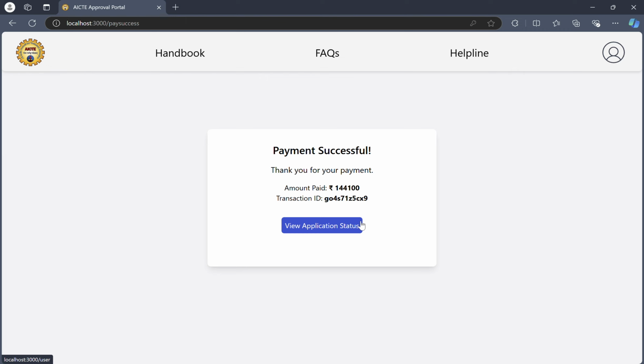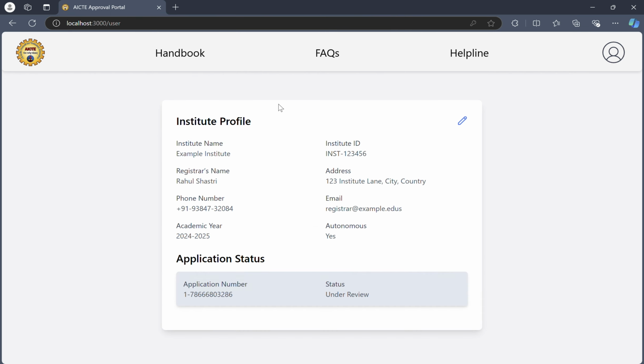So the AI takes a look at all your documents and based on given parameters decides whether to accept or reject this document. More details about this we'll share later on when we look at the actual code for the AI. For now, the next thing you go to is viewing your application status.